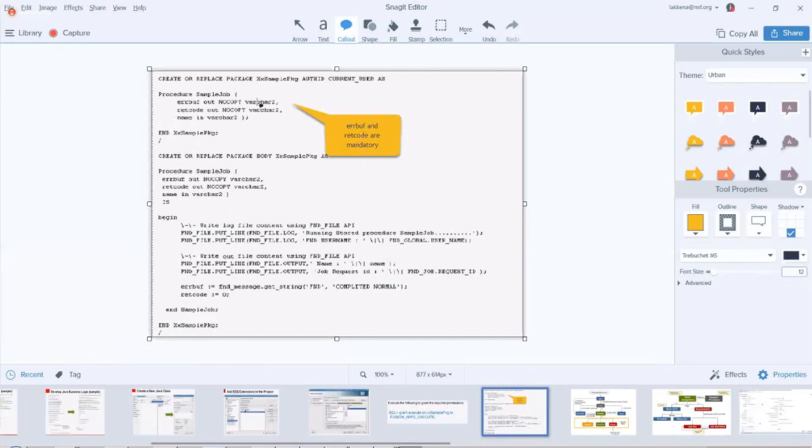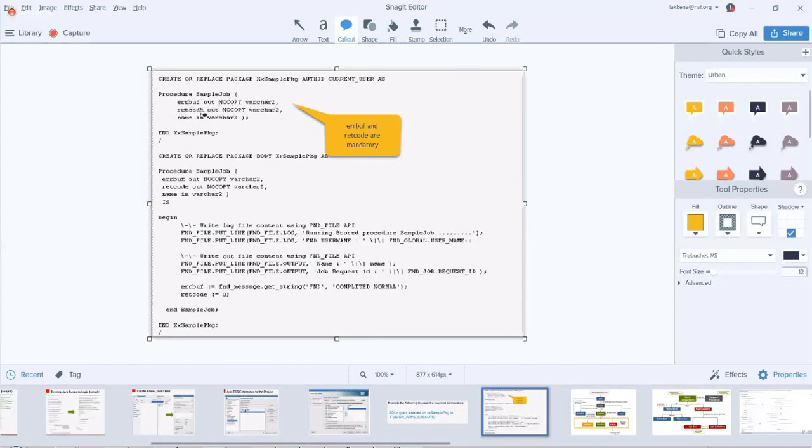So if you need to create any PL/SQL program to be registered in our ESS job definition, and you have access, then you have to create PL/SQL code like this, which will have first two parameters: error buff out nocopy varchar2, return code out nocopy varchar2.